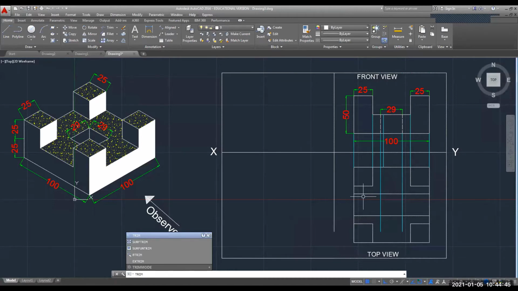I have written the command trim and I'm going to press the enter key of my keyboard only one time. So now it is asking to select the object to be trimmed. So you have to select one base object.